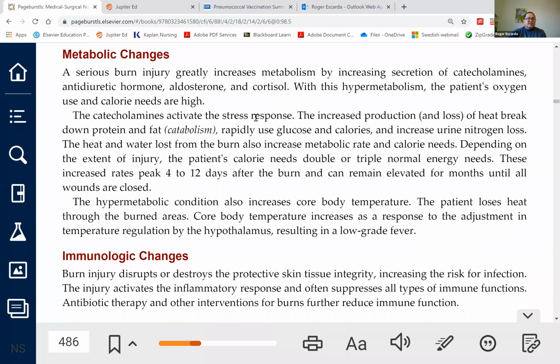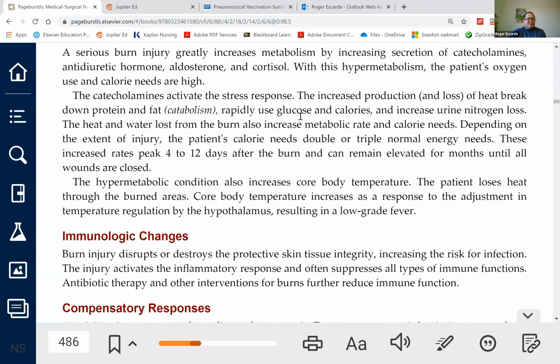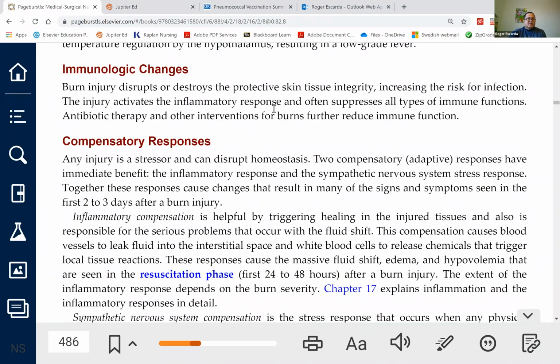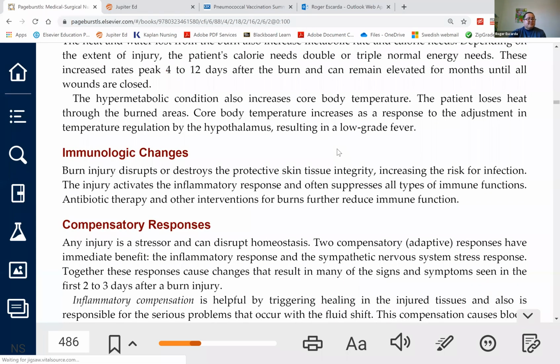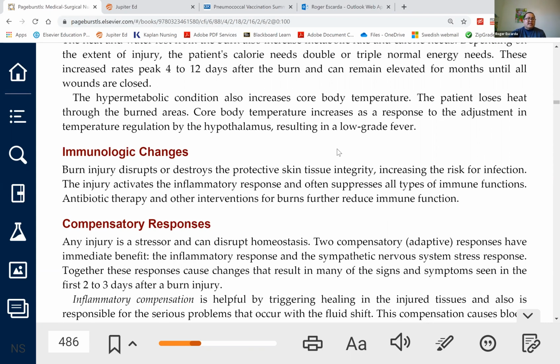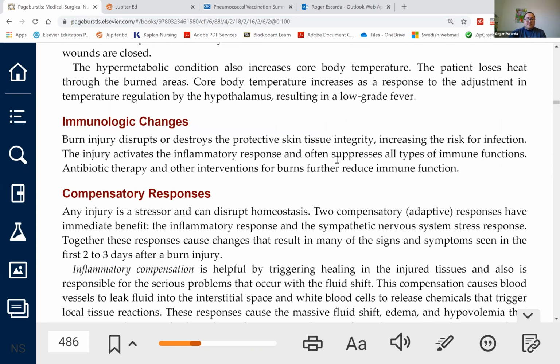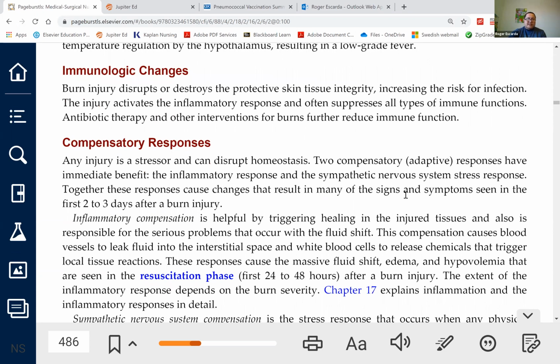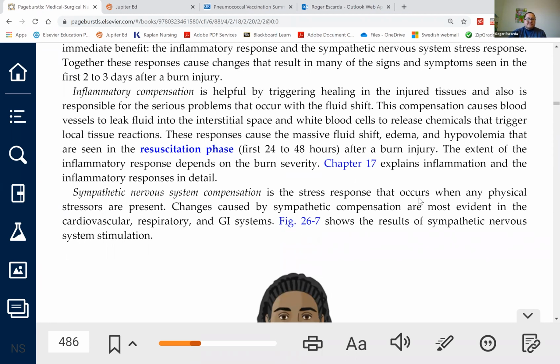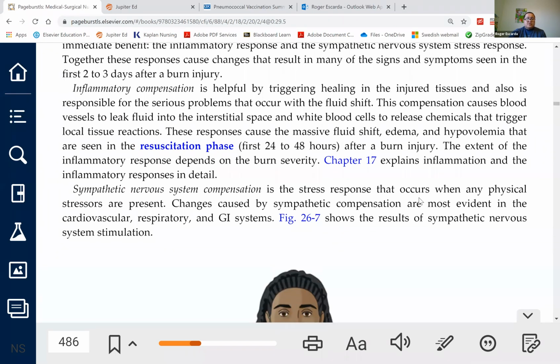Immunologic changes, of course, will have your immune system in a hyperactive state. Okay, there's severe inflammation, which will actually increase the edema, because now you have white blood cells going to the area. And of course there is some contamination of the wound, so this will add to the swelling and the edema. And this is where the sympathetic response and the RAS come in. Okay, so let's go now to